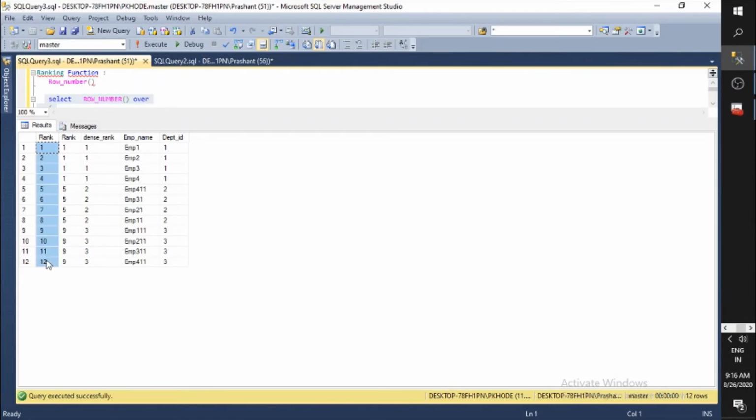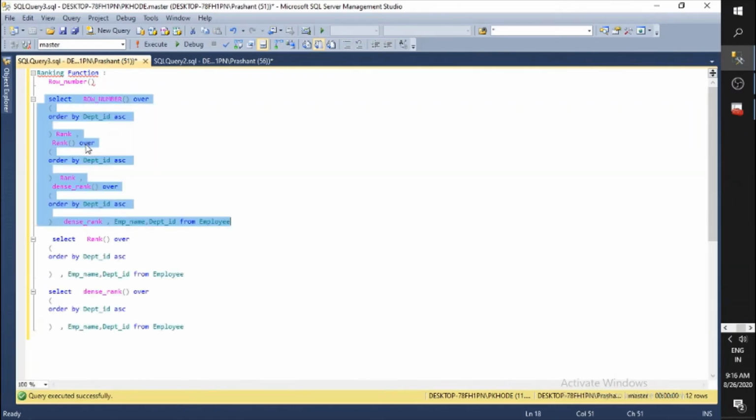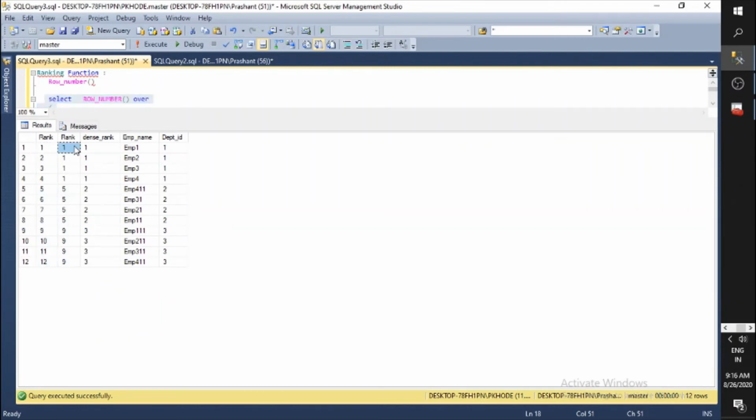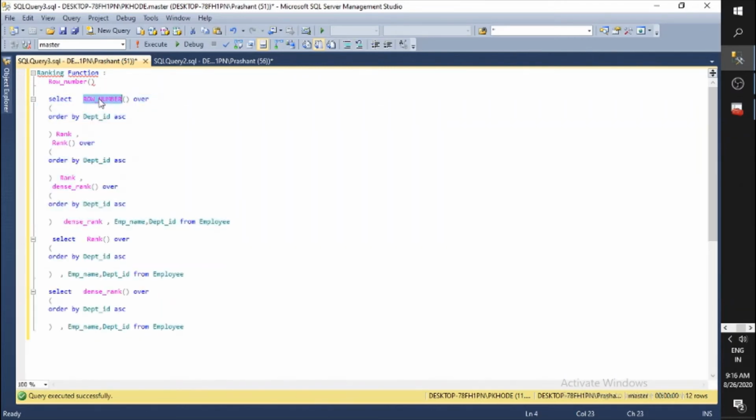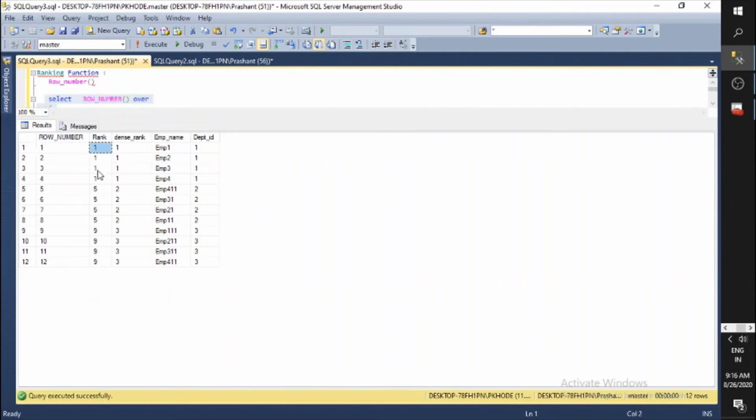It has not skipped any value. If I go with the rank function, then the value has been skipped. 1 1 1, then in the row number its output is 2, but in the rank it's 1. In the row number it's 3, but as a rank it's 1, like this.